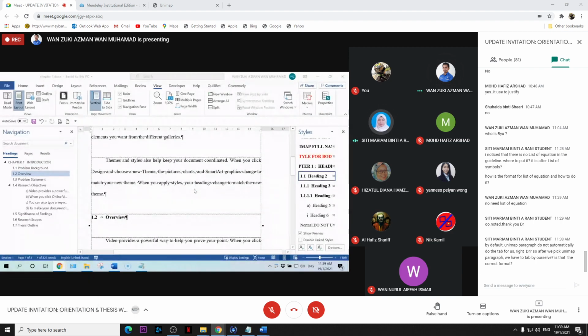For the Unimap paragraph, when we choose the style, it goes straight to the edge, right? So the correct format is we have to tab the first initial of the paragraph, right? No, this one already has it. Yes, because it doesn't have a tab. Which one? Yours doesn't have? If it's not set, we tab on the right here. Can't. Don't.